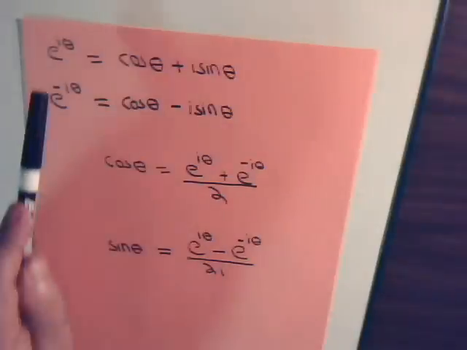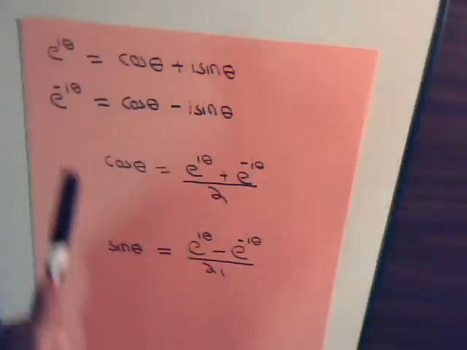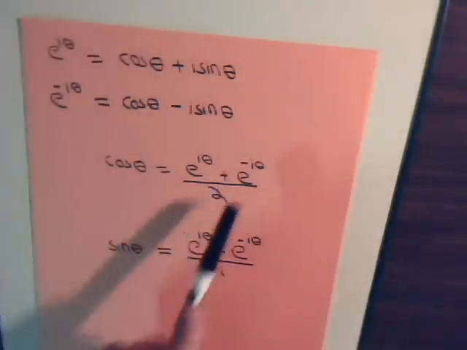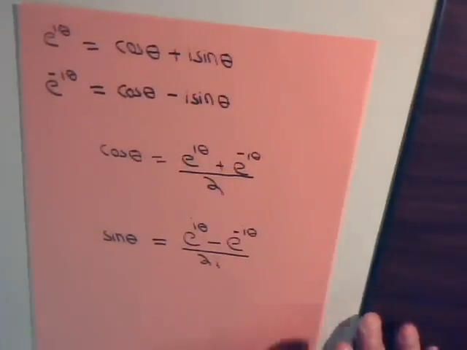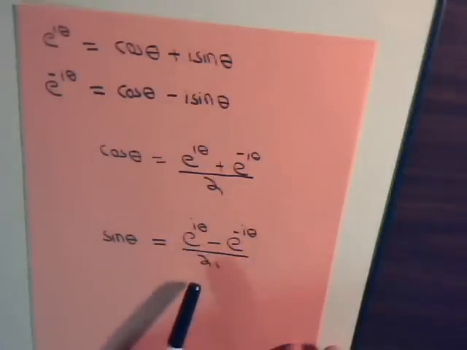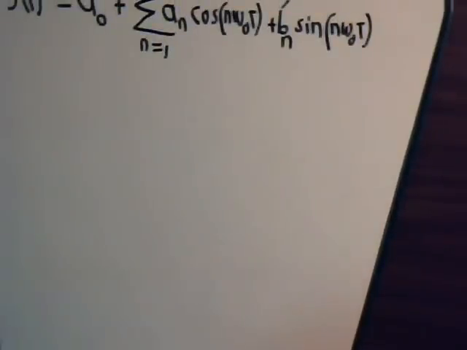Now, if we add these two, these cancel, so we will have that the cosine of theta is equal to the addition of these divided by 2. And if we subtract these, then these cancel out, and we have that the sine of theta is equal to the difference of these divided by 2 times I. And we're going to make use of these formulas in just a few moments. So let's start with here, where a sub n